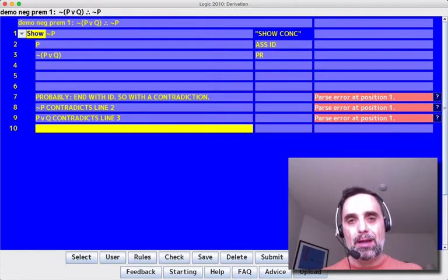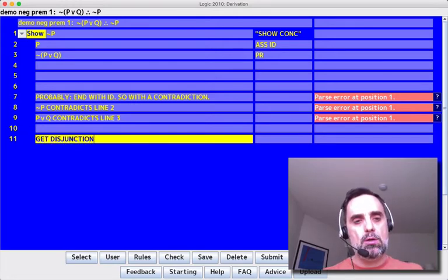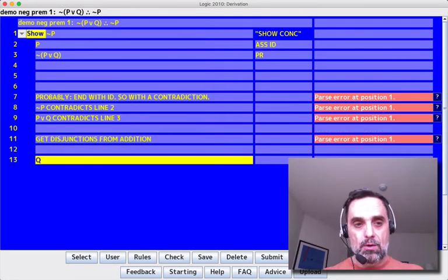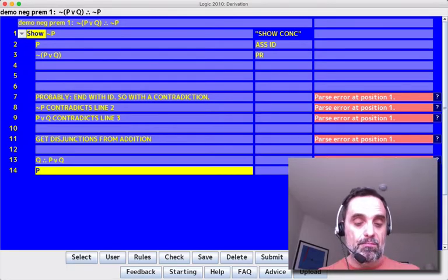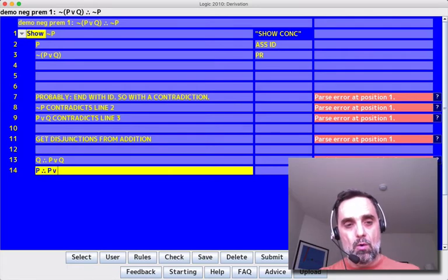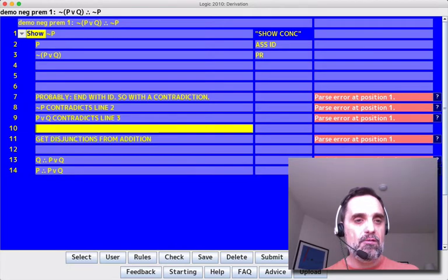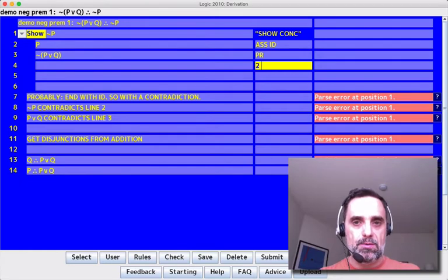Well, in general, the way in which you get a disjunction is by using the rule addition. And how does addition work? Addition says, well, if you have Q, then you can infer P or Q, yes? If you have one disjunct, you can write down the whole disjunction. It also says if you have P, then you can have P or Q. So we can get to P or Q from P, and look, we already have P on line 2, so we can apply addition to line 2 to get P or Q. So we'll just say 2 addition,